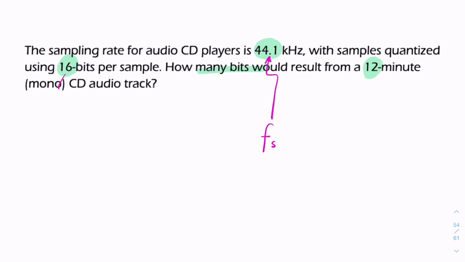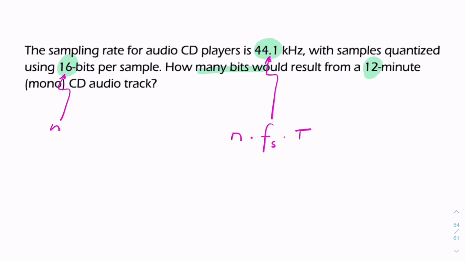And each of these samples is turning into n bits, so 16 bits. So we have n multiplied by Fs bits every second. And if you multiply that by the number of seconds you have, t, that'll give you the